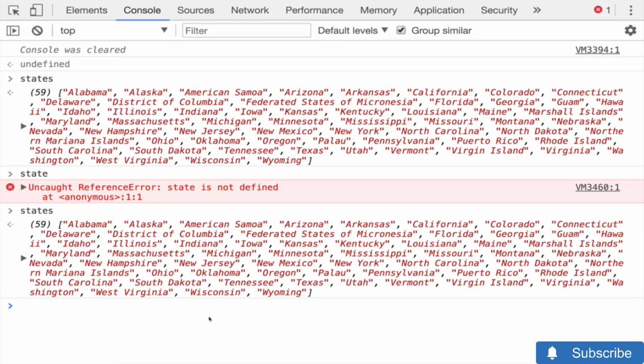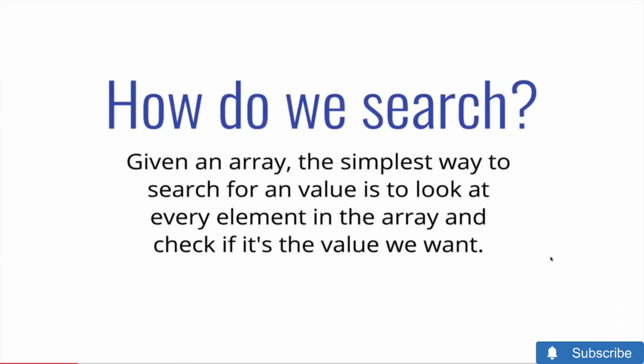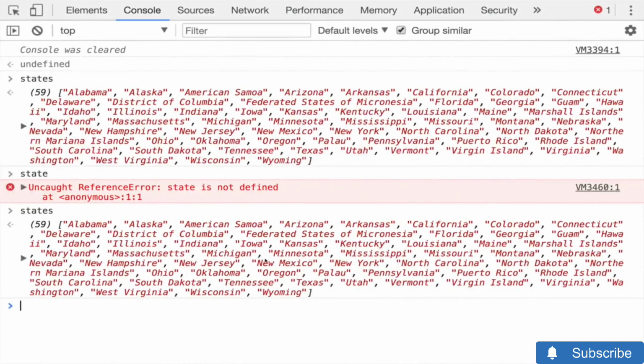So imagine that a user types something in and they're trying to create an address, and they need to enter a state or territory. And for our application, we want to make sure it's in this array. What's the best way of doing that? The simplest way is just to look at every single element in order and check if it's what we want, right? So if the user enters, let's say, Indiana, we would just start at the beginning and check,